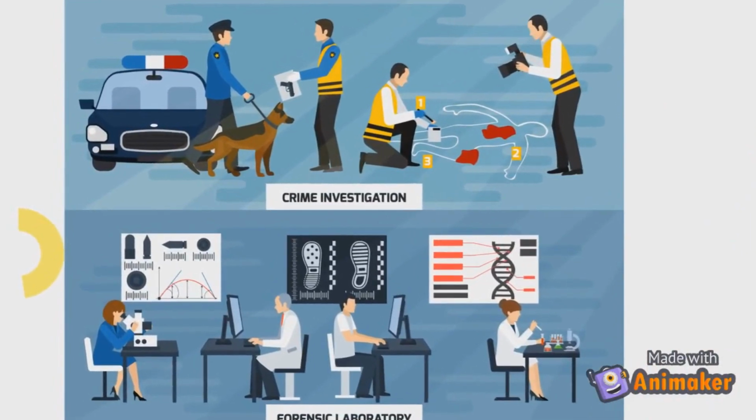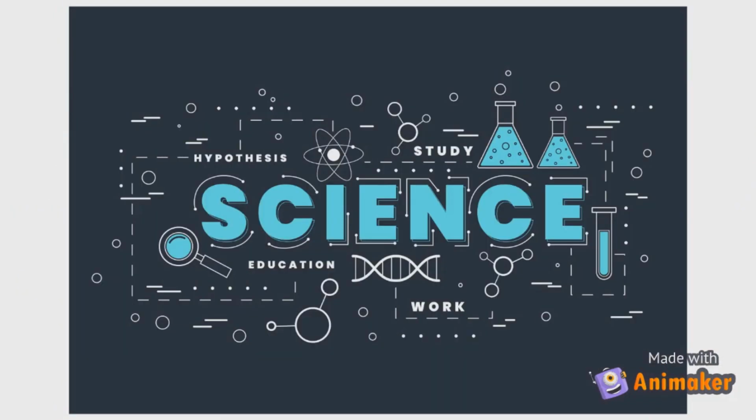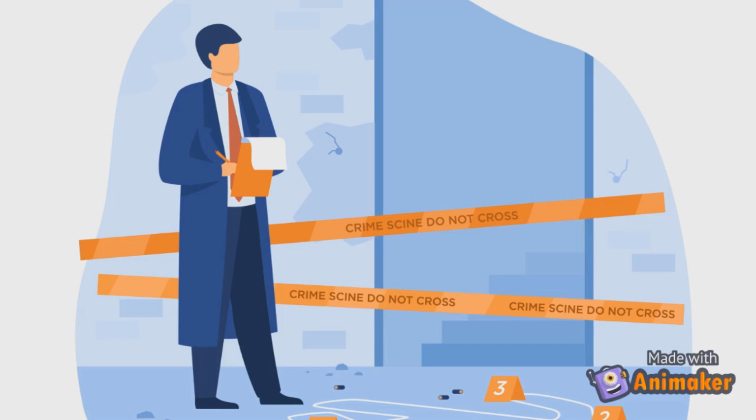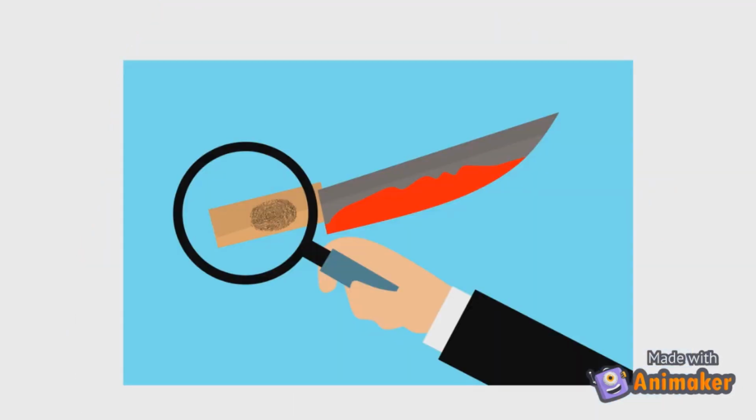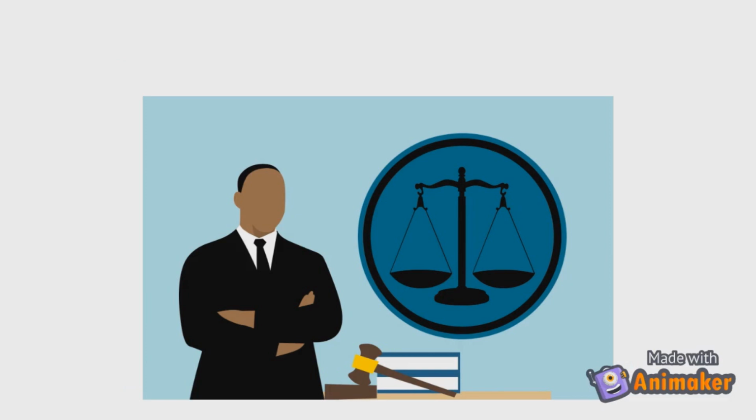Right then, let's find out. Forensic science uses science to solve legal issues within the civic and criminal justice system. Being in forensic science, the first thing you need to look for is evidence. Evidence is an item or fact presented in court to show the truth about what happened in a situation.